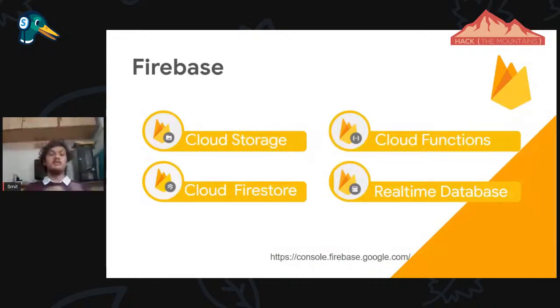You can store, suppose, your menu items. Suppose you have n number of items in a hotel, so you can store each and every item in the storage, and then call them. Then the cloud functions. We said cloud functions will be used in fulfillment and webhooks. If you are using the inline editor, it will call the cloud functions. And in a webhook you can use the cloud functions, or you can use a Heroku webhook, or any webhook platform.